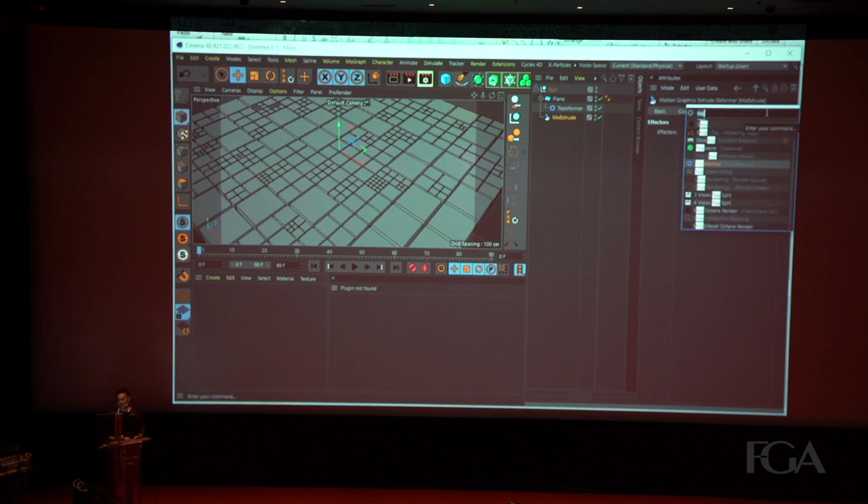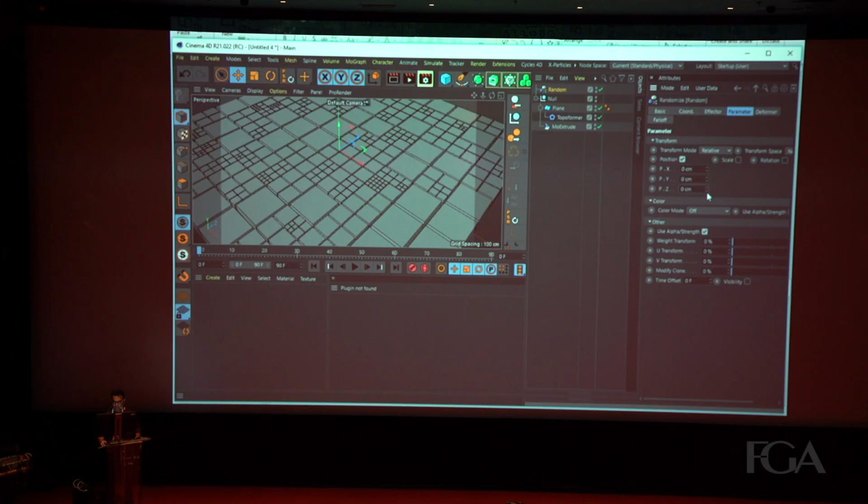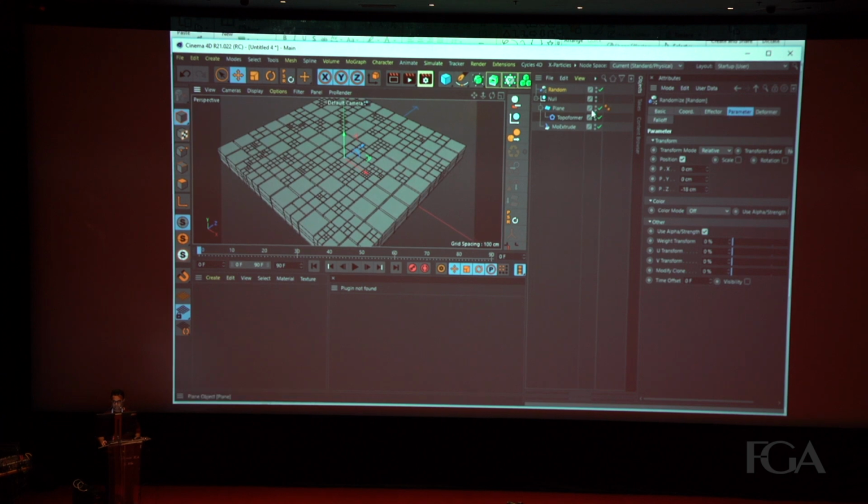So let's go for the random effector, because I really wanted these cubes randomly extruded from the surface. By default, this has 50-50 values.